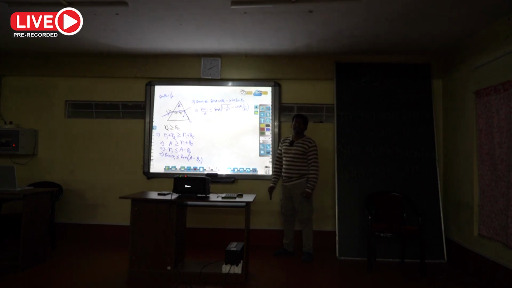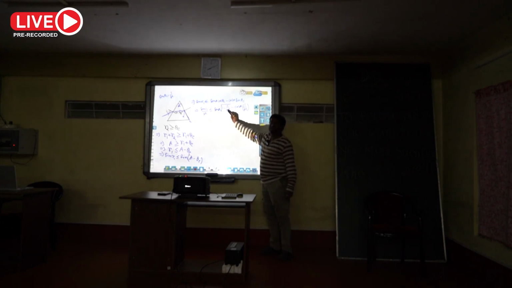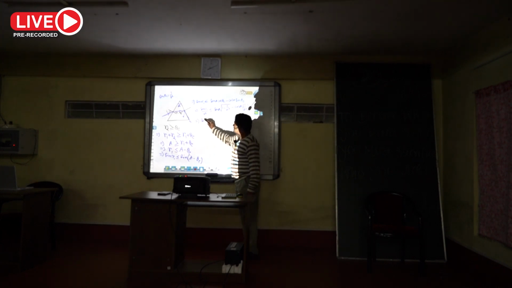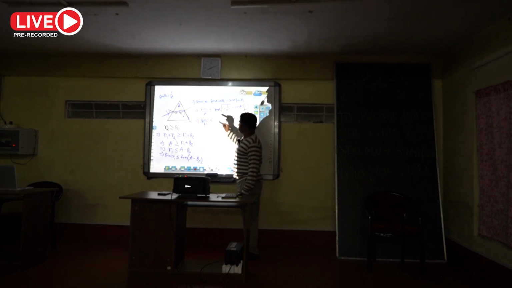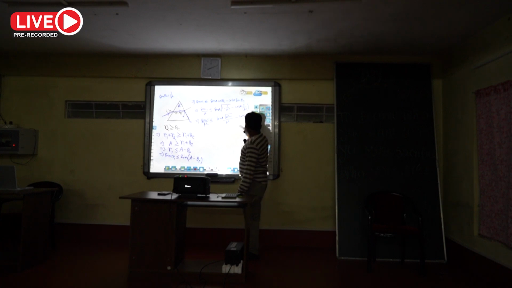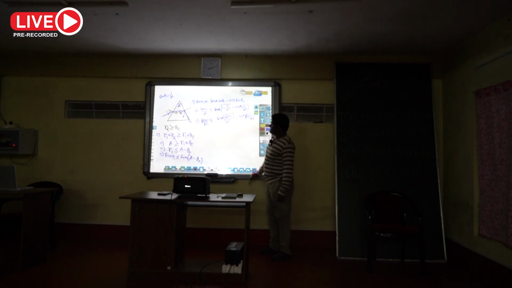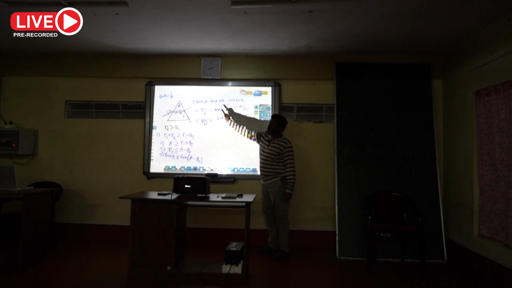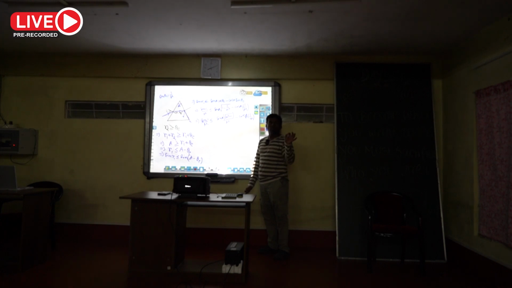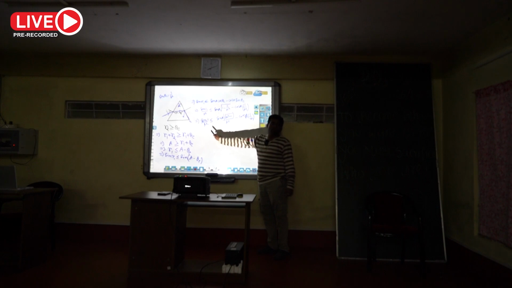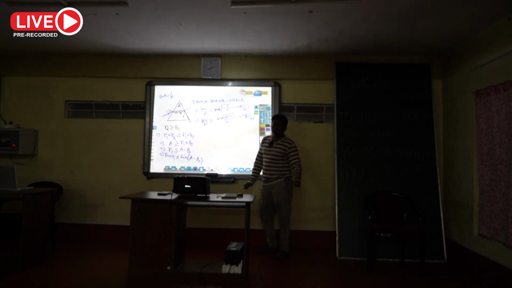Cos theta c means root over of 1 minus sin square theta c, because sin square theta plus cos square theta will be 1. So I write 1 minus sin square theta c, that is 1 by mu square, in place of cos theta c. Okay. Then sin I by mu is less than or equal to sin A into root over of mu square minus 1 divided by mu, minus cos A into 1 by mu. Check. Take the LCM, mu square minus 1 by mu square. So it will be root over of mu square minus 1, and root over of mu square means mu will come out. All the terms containing 1 by mu in the denominator, there is a mu, so I can cancel that mu and write